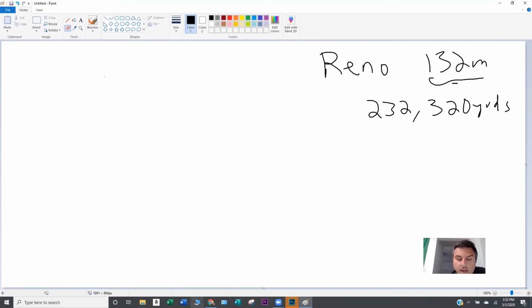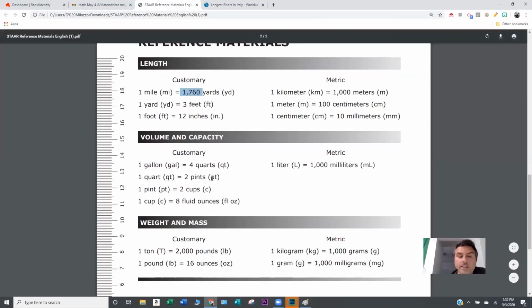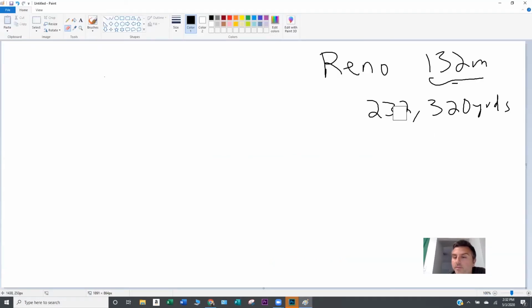Now, if we go back to our chart, we see that there isn't a conversion on here from miles to feet, but I know that this is how many yards. So for every 1 yard, there's 3 feet. So in our Reno River, we have 232,320 yards. Now, for every one of those, there's 3 feet. So I need to add